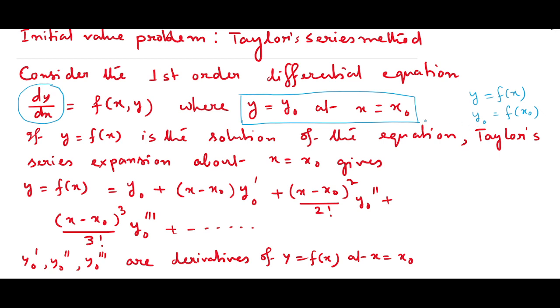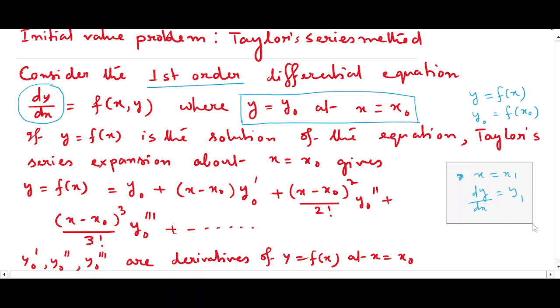Now one more thing, we are taking first order differential equation. It doesn't mean that if it is of second order, then we cannot solve it by Taylor series method. If it is of second order, then also we can solve it by Taylor series method, provided there will be one more initial condition like x equals to x1 when y equals to y1. So there should be one more condition, then only we can solve it. So the value of dy by dx should be given. Here we will concentrate only on first order differential equation.